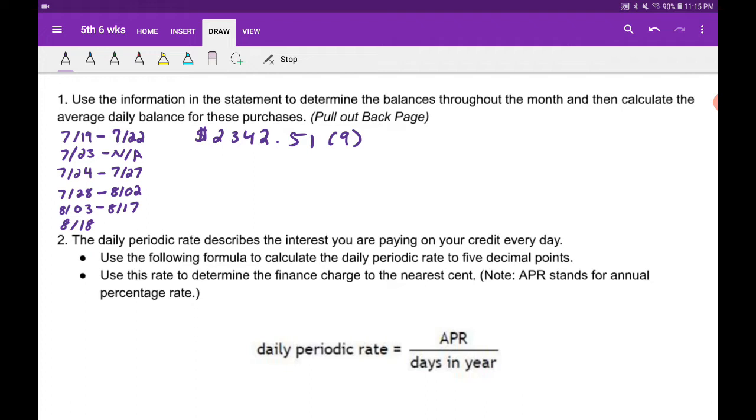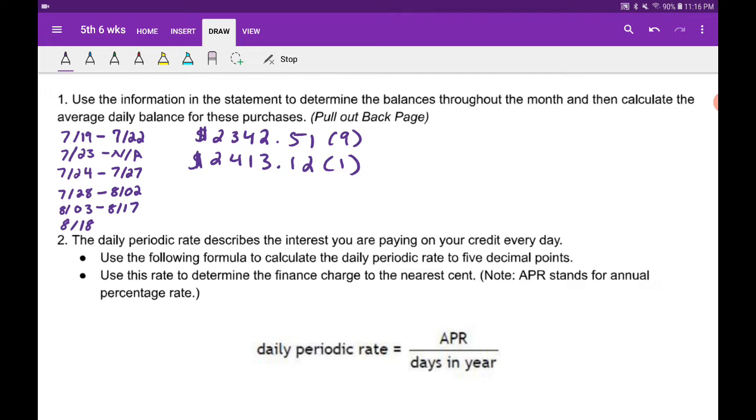All right, and I bought $70.61 worth of gas. So I guess I'm driving a dually or something. It's pretty expensive for gas. All right, so we're going to add that to our previous balance, and what we're going to get is the amount of $2,413.12, and that's going to stay at that purchase for 1 day, because on the 24th we go and make